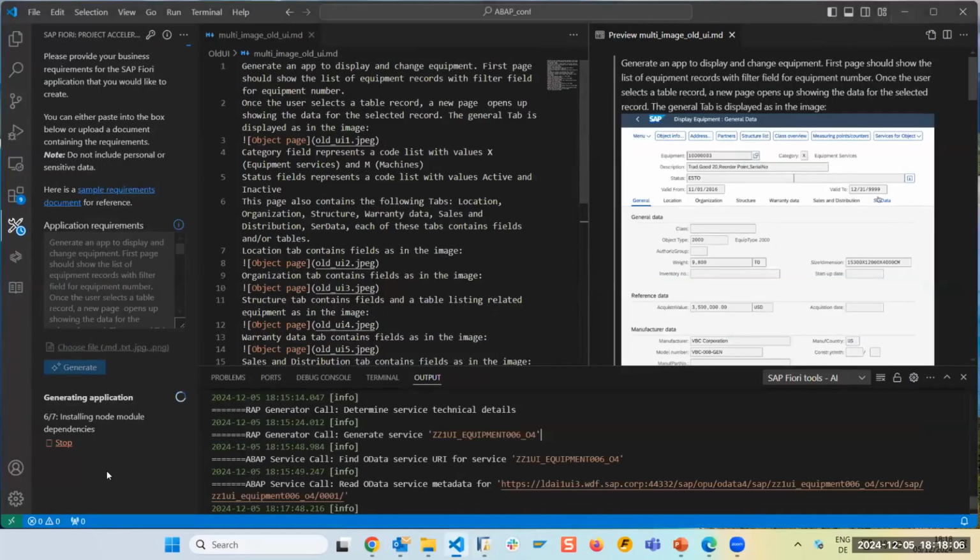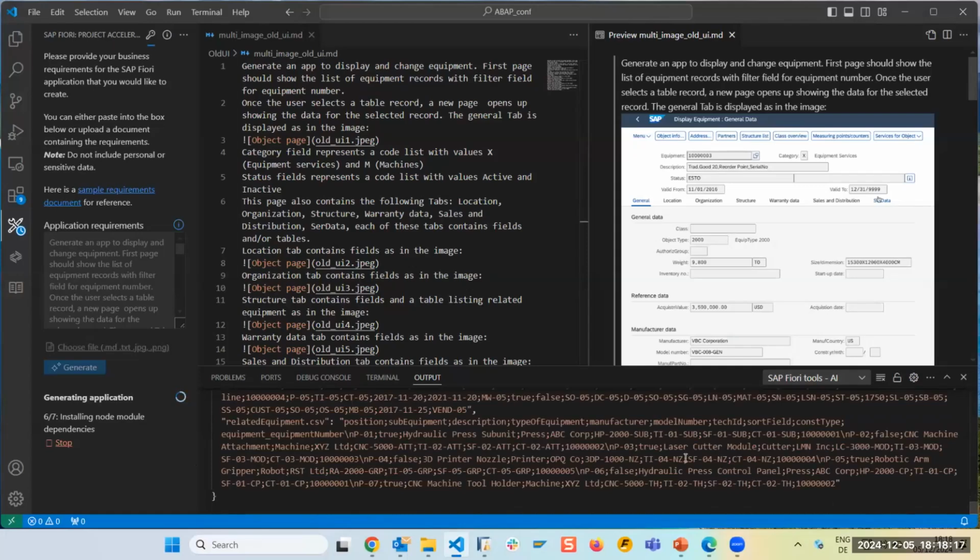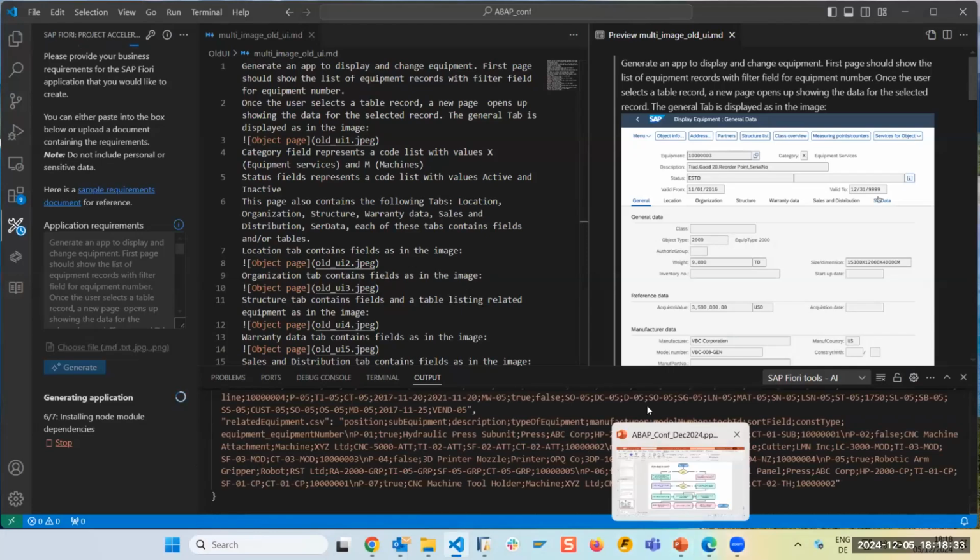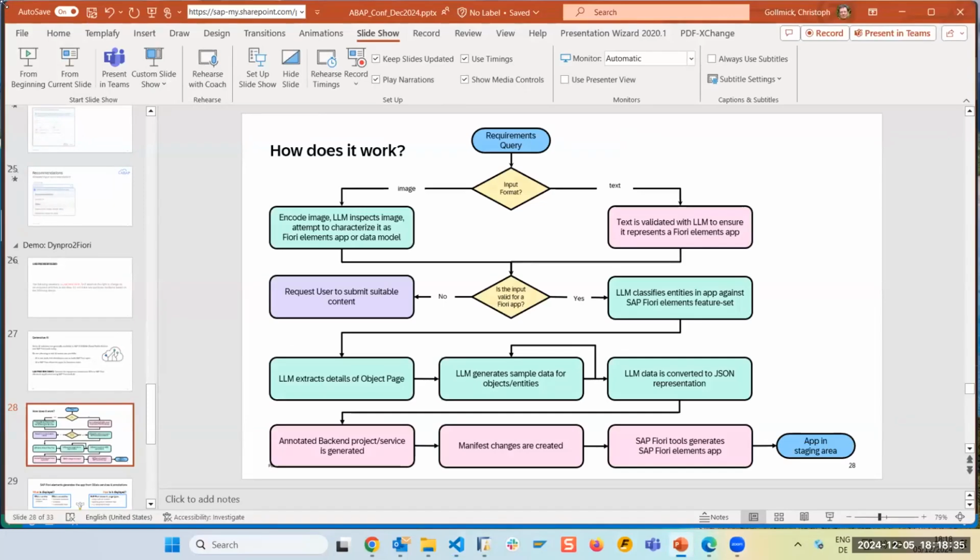Good. So we are in step 6, installing node modules. Installing node modules means we have already our application. The application is already created, but now we need to install the node modules. And usually this takes a while because of network, VPN, and all these things, and depending on the load of the machine. So that's why I will give you a bit of an update regarding what is further being done.